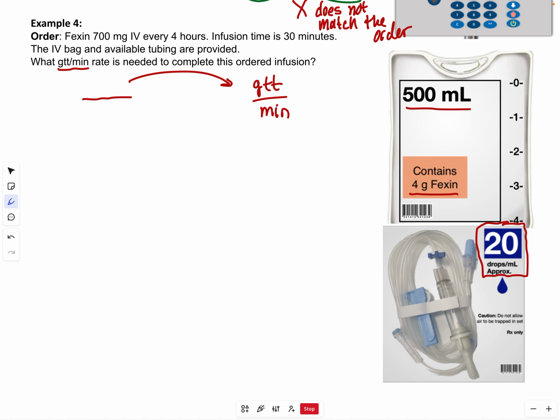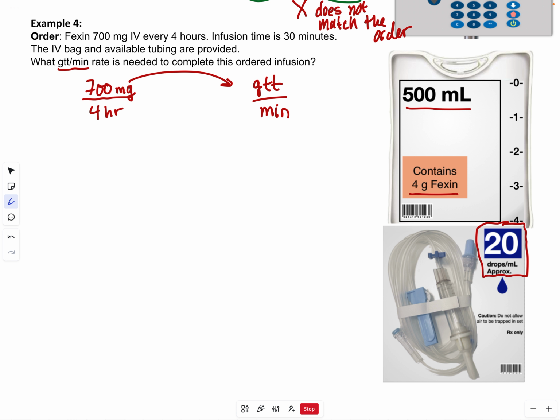And specifically, if you want to try it, go ahead. In this problem, we need the patient to be given 700 milligrams. So I'm going to start with that as my numerator. Those 700 milligrams need to infuse over how much time? If you said 4 hours,